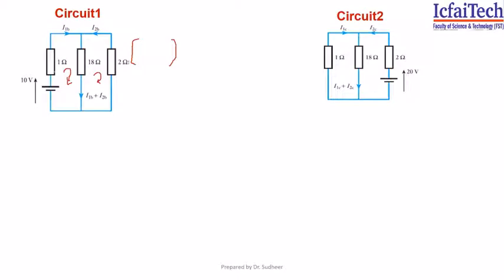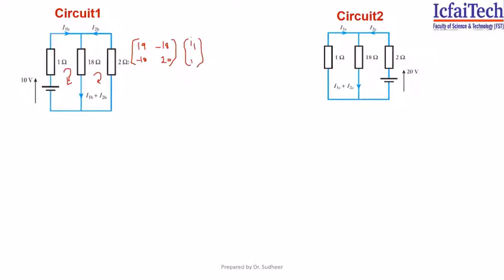So the final matrix equation: the 1 1 element is the sum of all resistors in the first loop, that is 19. And the resistance common between the first loop and second loop, with a minus sign: the 1 2 element is equal to the 2 1 element. And then the 2 2 element is the sum of all resistors in the second loop, that is 20. So how many unknowns are there? Two unknowns. First unknown is I1.